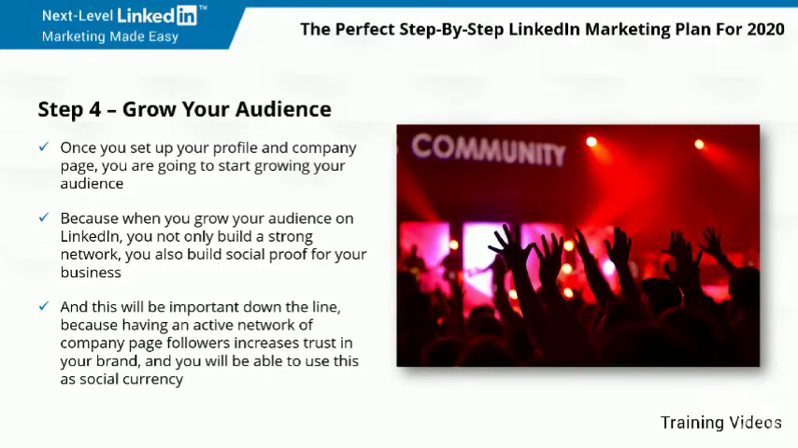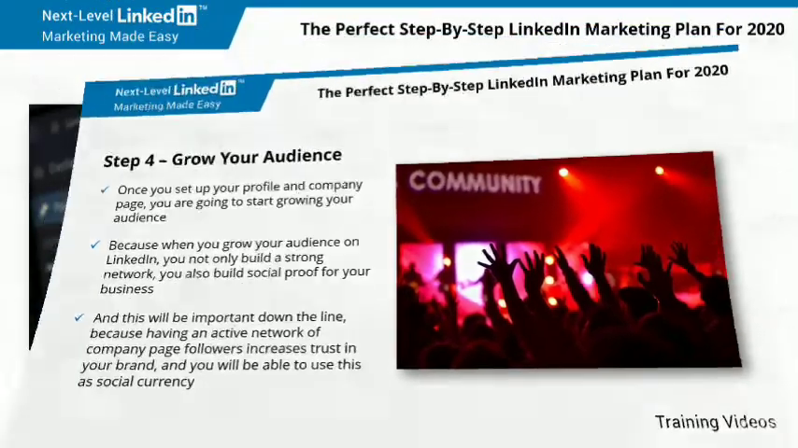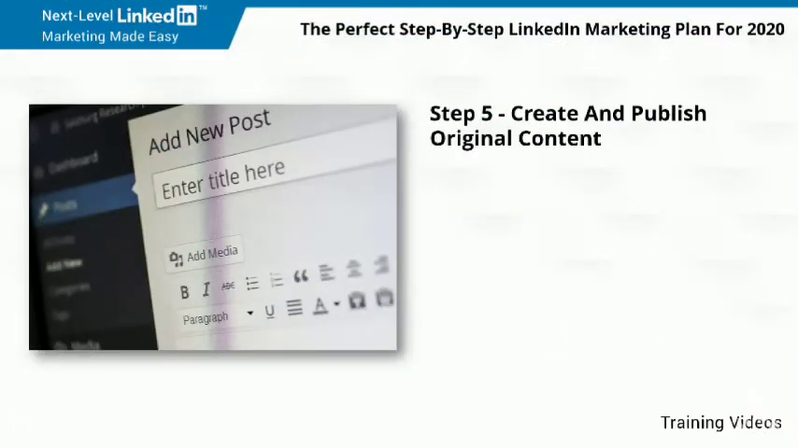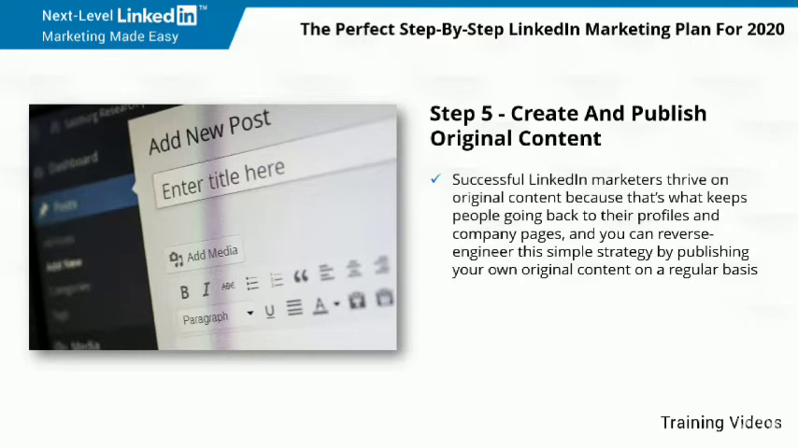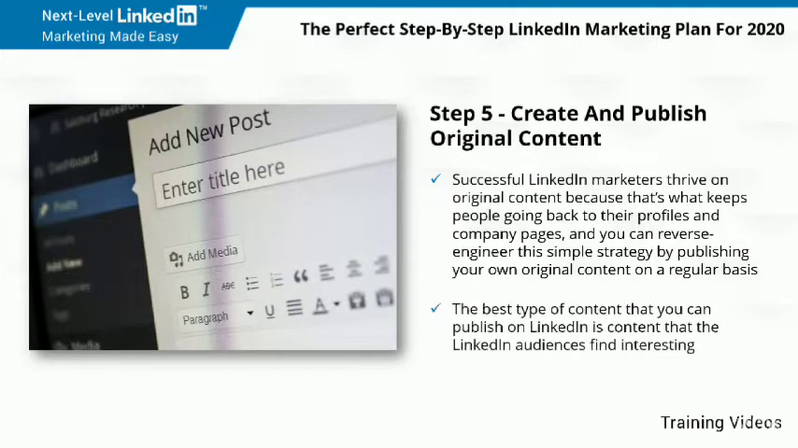This is why growing your audience first is vital to achieving your goals. Step number 5. Create and publish original content. Successful LinkedIn marketers thrive on original content because that's what keeps people going back to their profiles and company pages. And you can reverse engineer this simple strategy by publishing your own original content on a regular basis. The best type of content that you can publish on LinkedIn is content that LinkedIn audiences find interesting. That is, content that helps them grow professionally and that helps them learn more about their industries and areas of